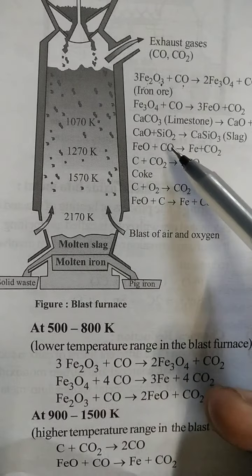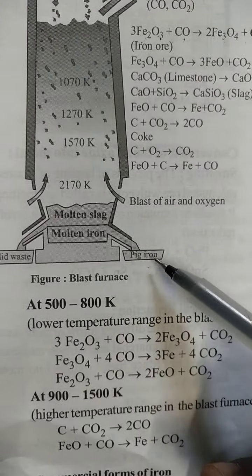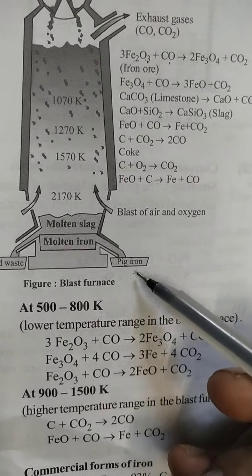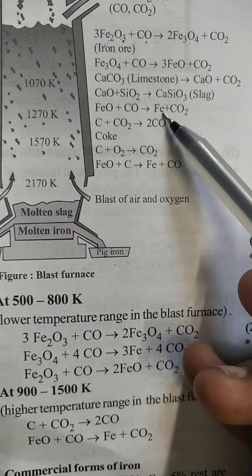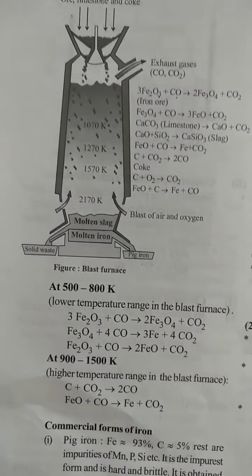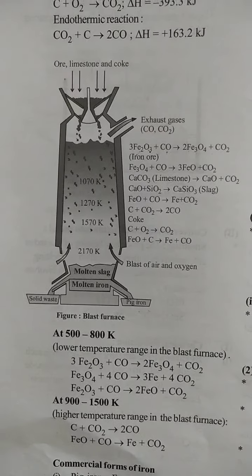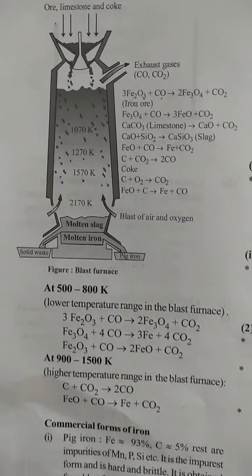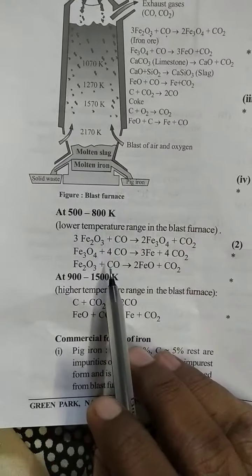This molten iron again reacts with carbon monoxide. After that pig iron is formed. Pig iron means iron with a very small percentage of impurities. So here Fe is formed. So this is the blast furnace. Once again my dear students, the important part of the blast furnace is that the ore is combined with limestone and coke. Okay? See what equations are completed inside the blast furnace.